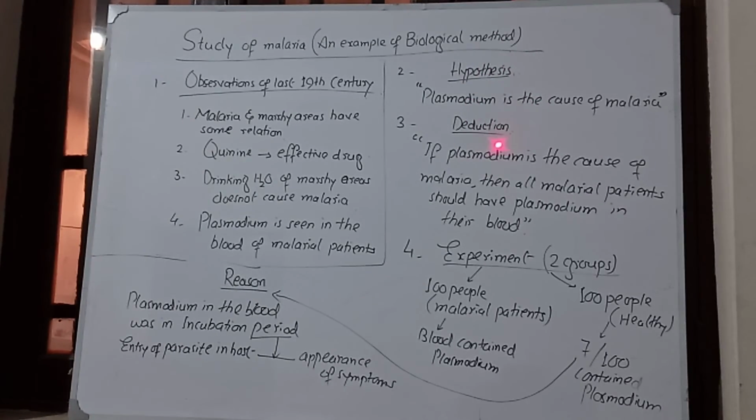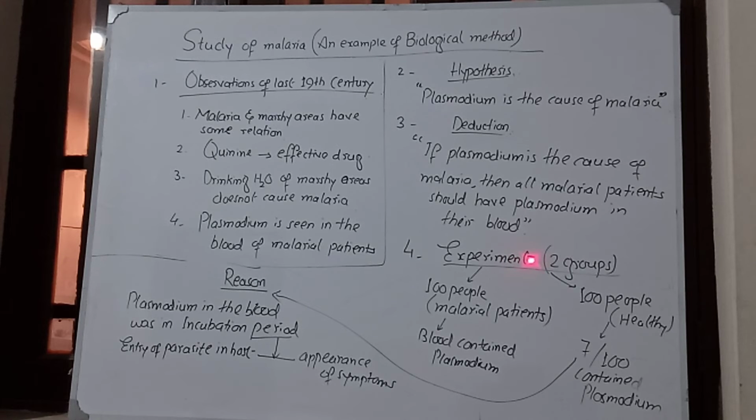Okay. Then deduction: if plasmodium is the cause of malaria, then all malarial patients should have plasmodium in their blood. This is a logical statement; if-and-then logic is being used. If the hypothesis is that plasmodium is the cause of malaria, then all of the malarial patients should have plasmodium in their blood. Very simple. Okay. Then experiments were